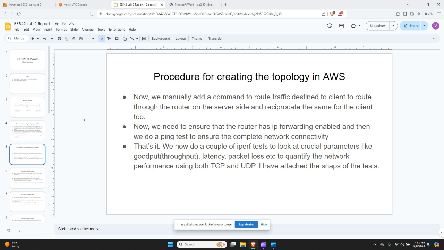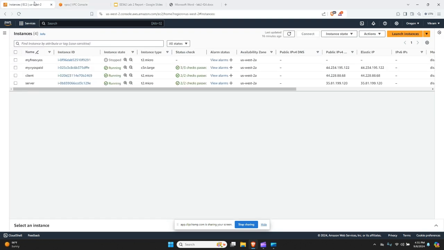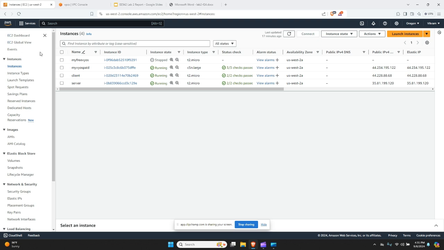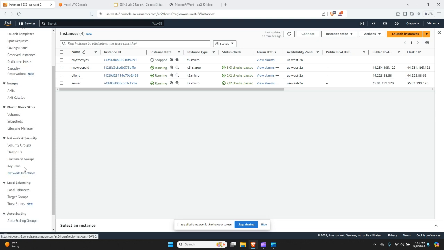Raise the network, raise the performance of it. So first we go to the EC2 instance. Okay. Before that, I would like to show you how I did my configuration. Once you have created your instances, which I ended my last video with, you go to